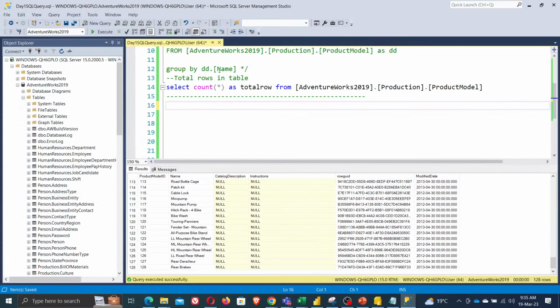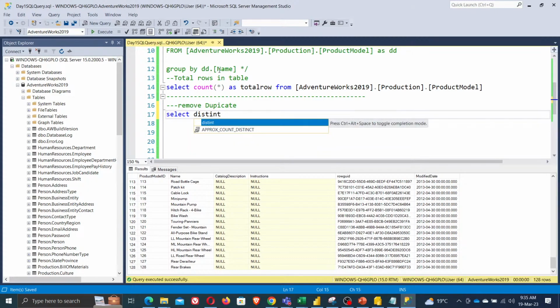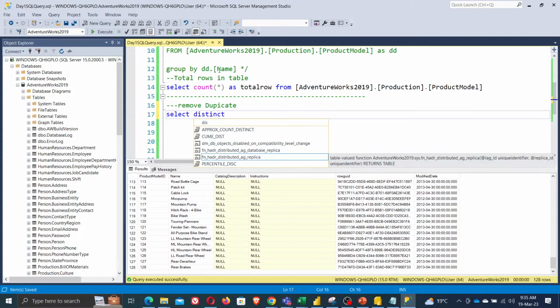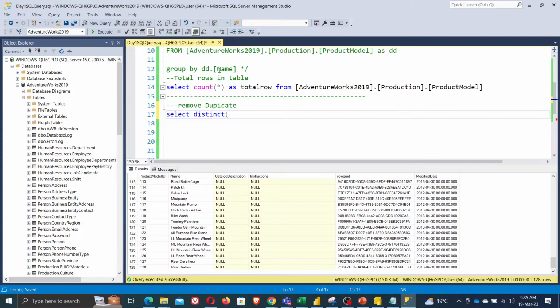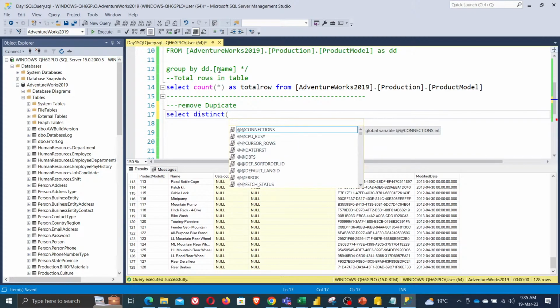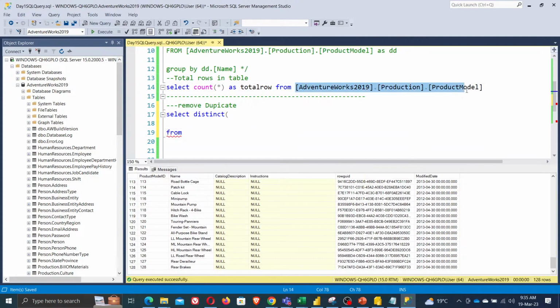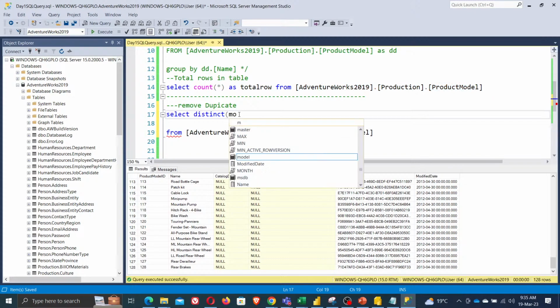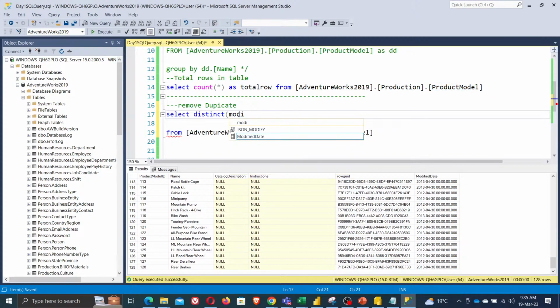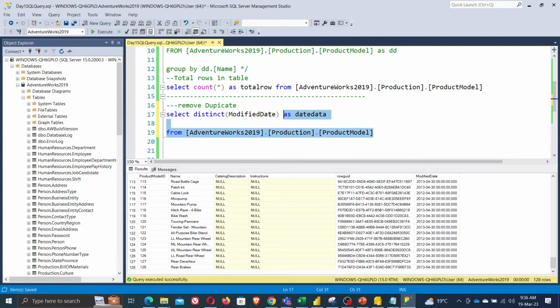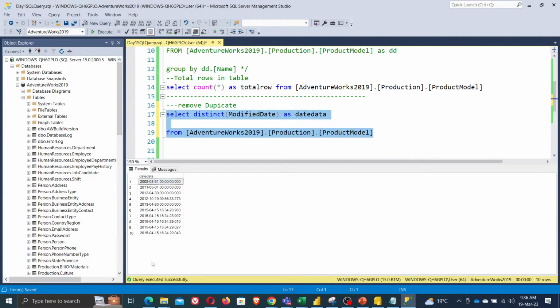लेना क्या है, रिमूव डुप्लीकेट। यहाँ पे सेलेक्ट डिस्टिंक्ट। इसमें जो duplicate है, वो सारा हट गया, सब डेट हटा दी।